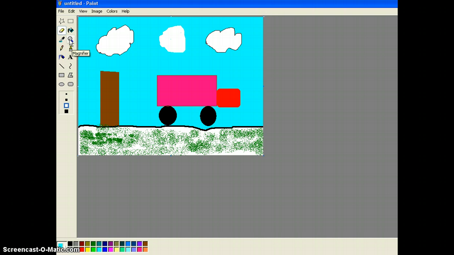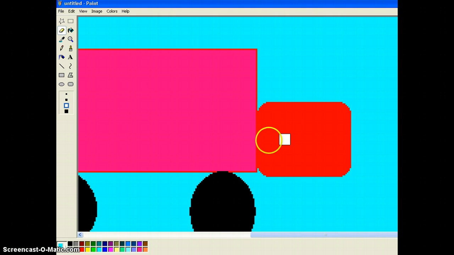Now, when you're working in paint, it's best if you leave your paper the size that it is on my screen right now. You can stretch the paper out, but then if you try to print it, you're going to run into printing problems. But if you want to get a close-up of this object so you can work on it some more in more detail, you can click on your magnifier and then come over to your screen and click, and whatever is in this box is going to be magnified so I can see it better. So if I click, it just blows that up so I can see things better,